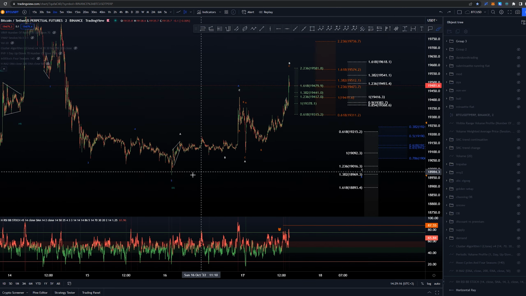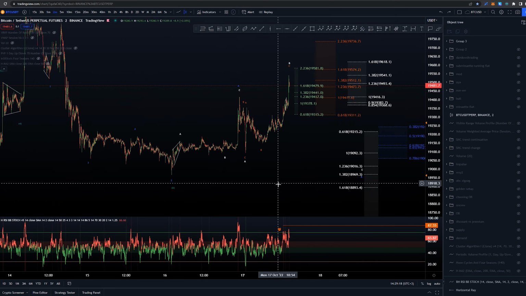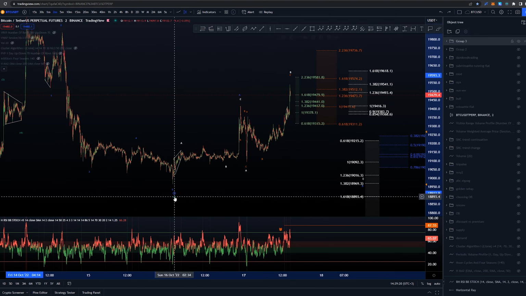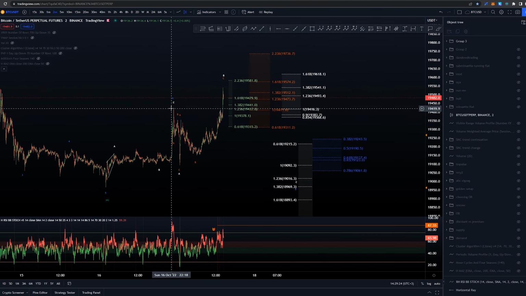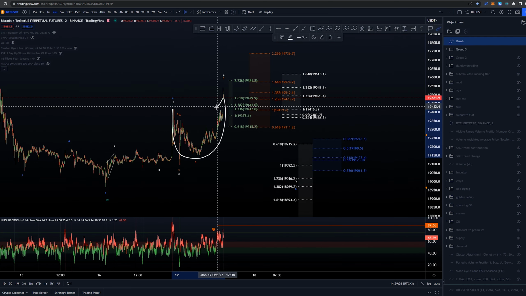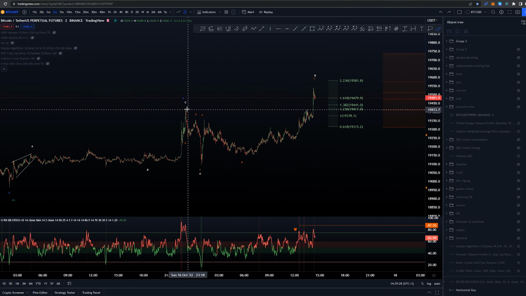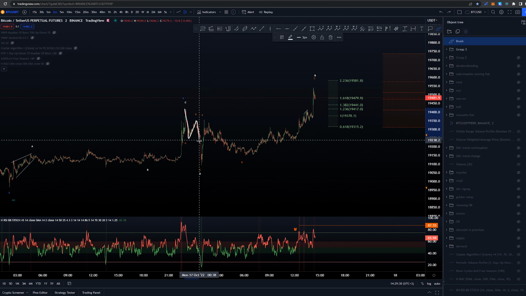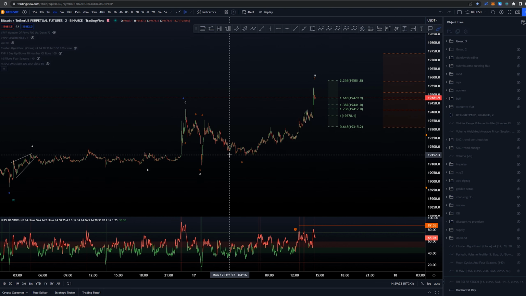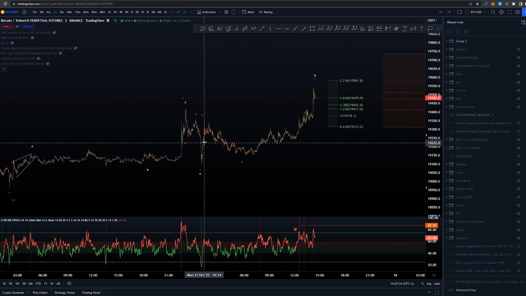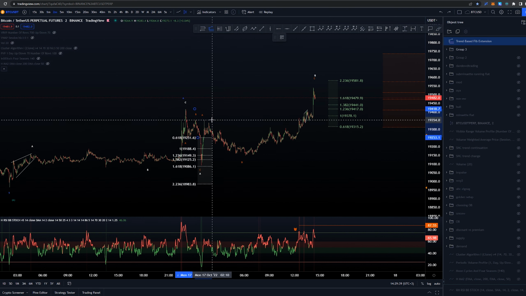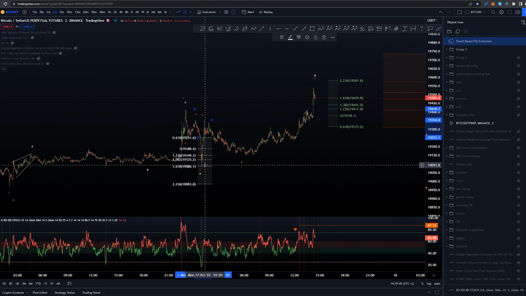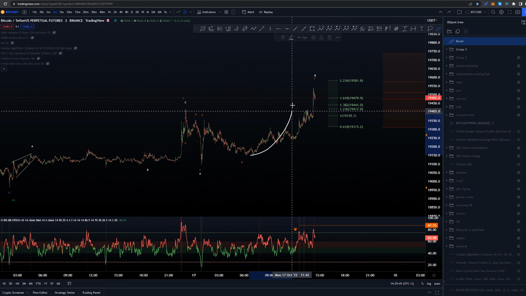I don't think that was enough for a wave B of this sub-micro count here. So I was expecting us to create another high here, and we did do that. For this one, we have had this as a 3-wave structure. To me, that looks pretty good. There's nothing really invalidating that. I thought it landed right at the 1.618 though. Oh, okay, it just missed the 1.618 by a tad before reverting higher,